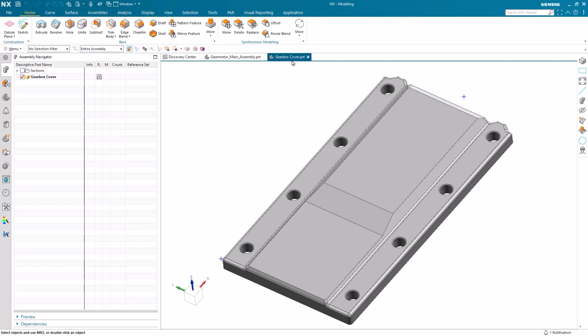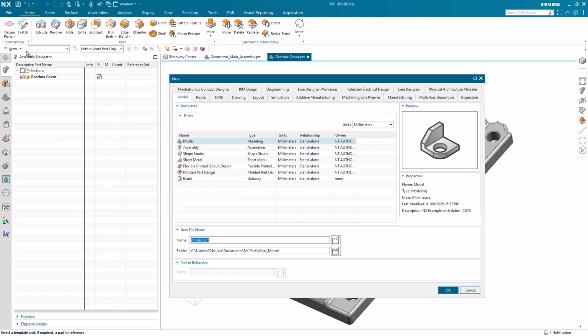To begin, the first step in modeling a part is to open a new file. We can do this by selecting File and then New. When this is done, a new window will open, offering a variety of template parts to choose from. The categories at the top of the screen represent the application we will be working in. NX offers numerous design capabilities, but for today, we will just work within the model application.